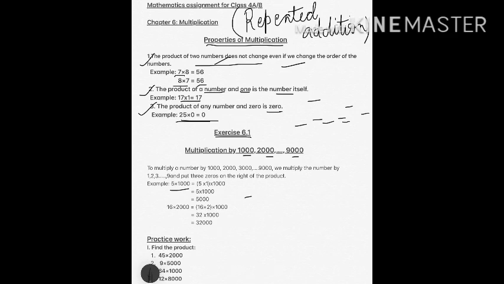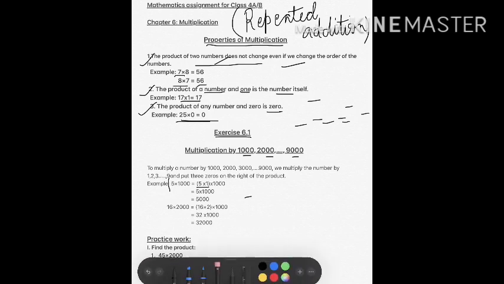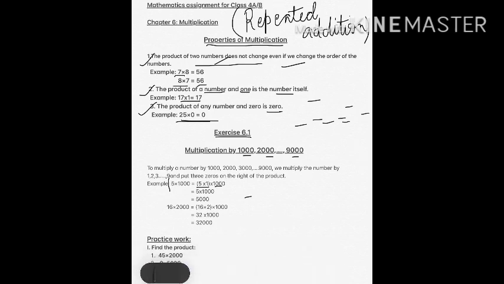We first multiply the numbers. Here I have taken 2 numbers. Can you see 5 and 1 I have taken here? That is 5 multiplied by 1. And then the remaining 3 zeros I have written like this, multiplied by 1000. So first I will multiply 5 with 1. I will get the answer 5 and simply I will add 3 zeros at the end.